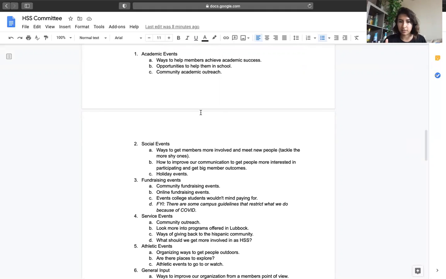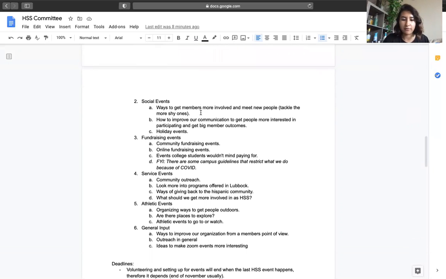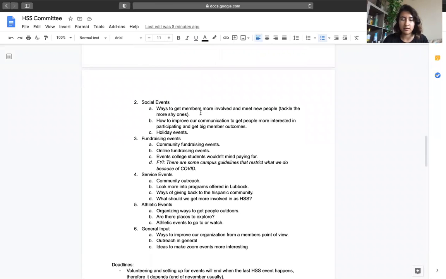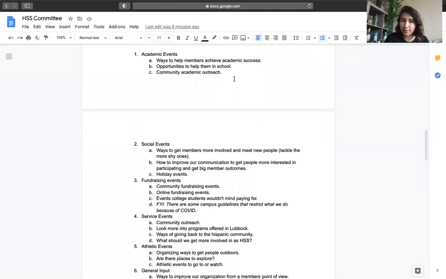Okay, so if you looked over these things, these are ideas, things to take into consideration about what kind of events to do for HSS. One of the questions was which events or what kind of things we should implement more or haven't really implemented, and that would be academic events, because we usually do study nights, but we haven't really done that. So academic and fundraising will be the two that we probably need more proposals in, or more input on what we should do with those.